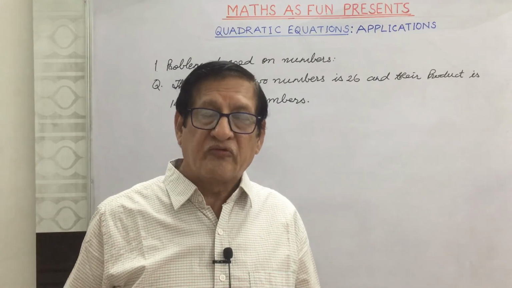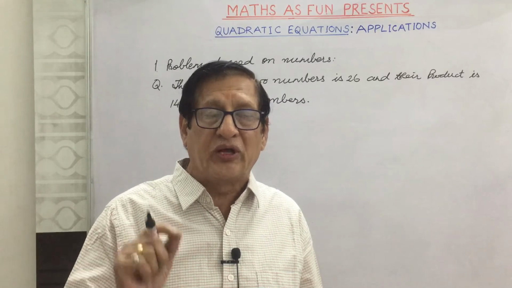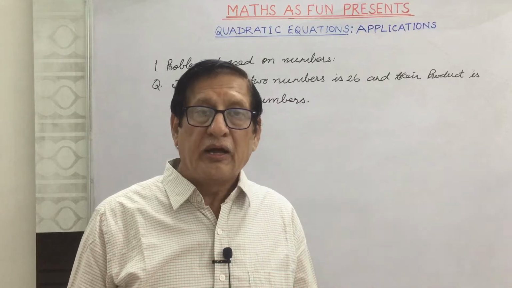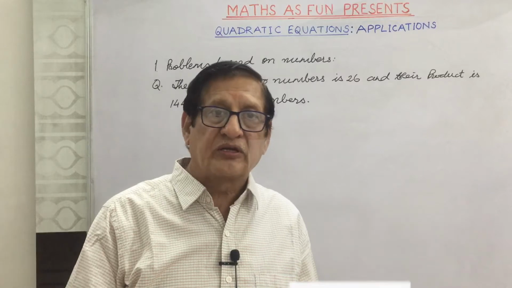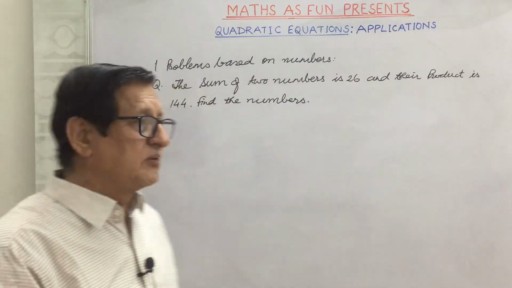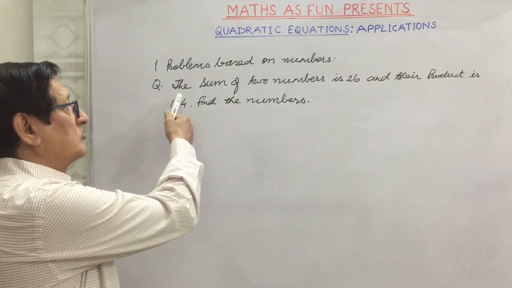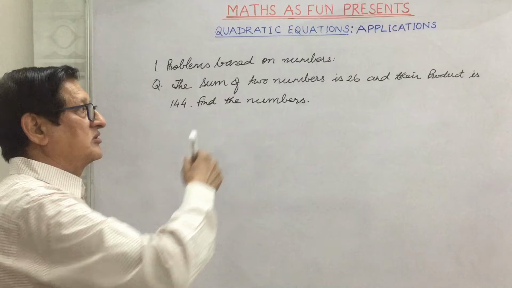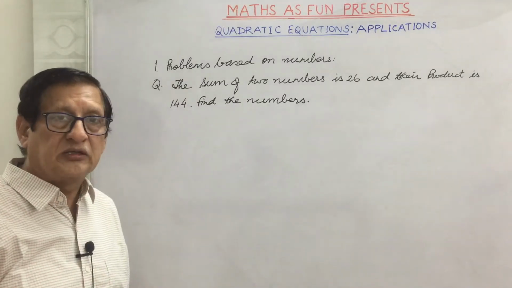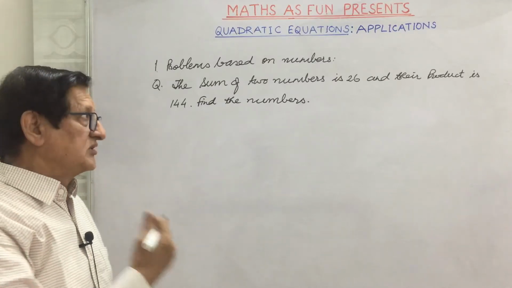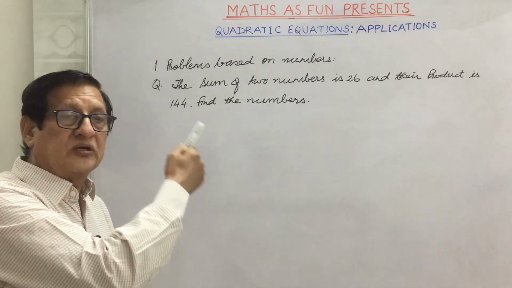What we do is find the quadratic equation in one variable for the given problem. Then, according to the problem, we form the equation and find its solution. The first type of problems we have is based on numbers. Like one of the questions: the sum of two numbers is 26 and their product is 144. Find the numbers. Since we have to convert it into a quadratic equation of a single